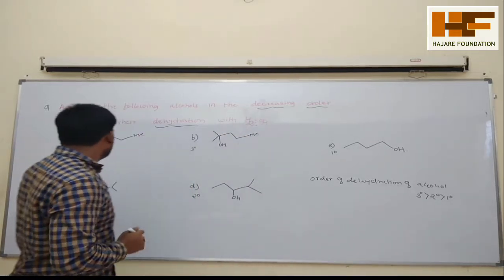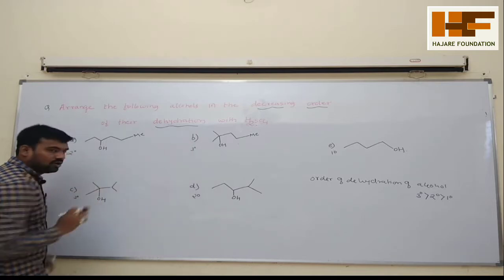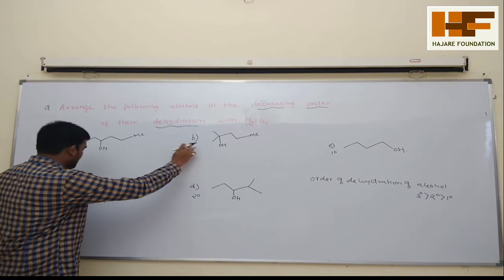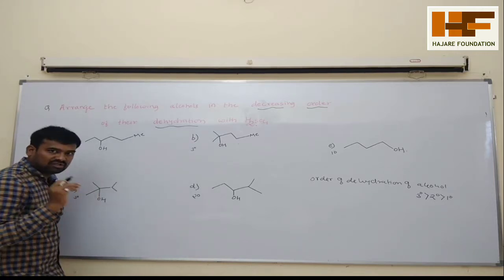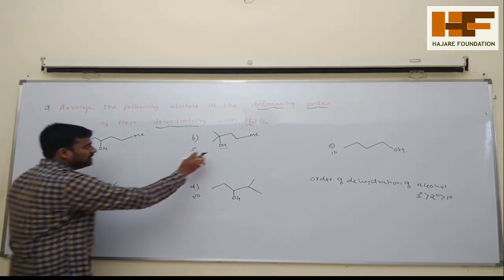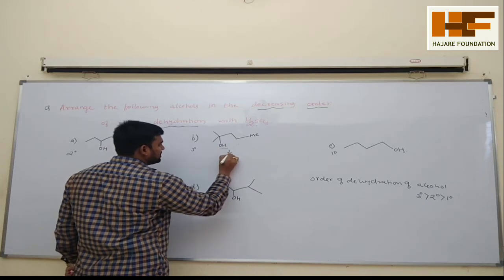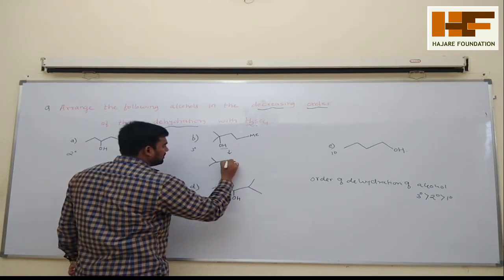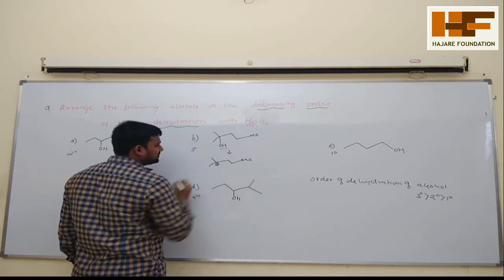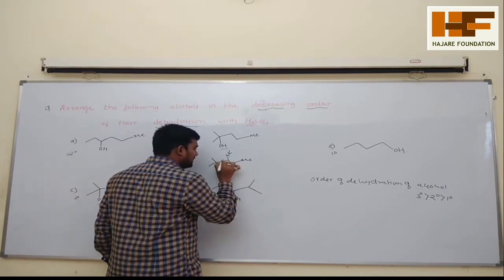Okay, so now between B and C you have to understand first. In option B and option C both, if you add sulfuric acid, first it will remove this OH. If you remove the OH, what happens here? A positive charge forms. I will write the same structure. If I remove OH, the positive charge will come here. This positive charge is stabilized, and with one more H there, it forms an alkene.